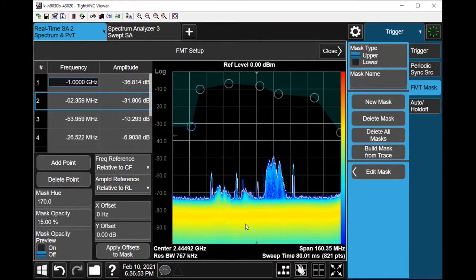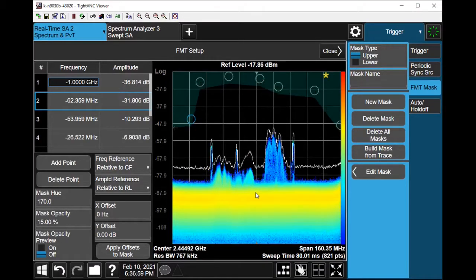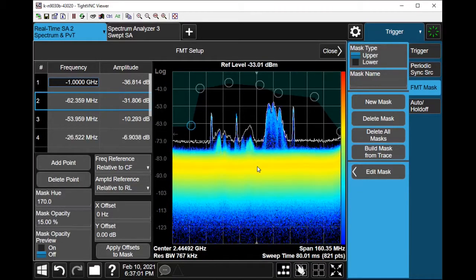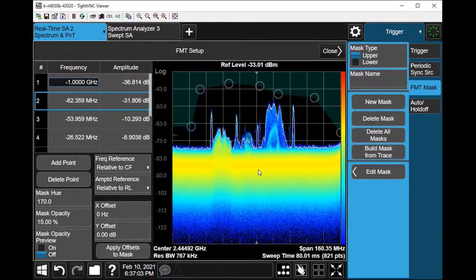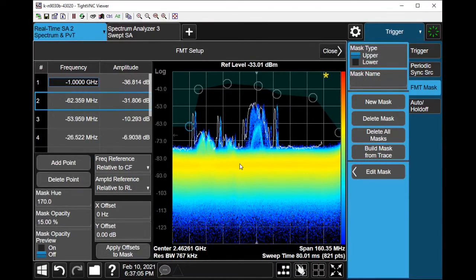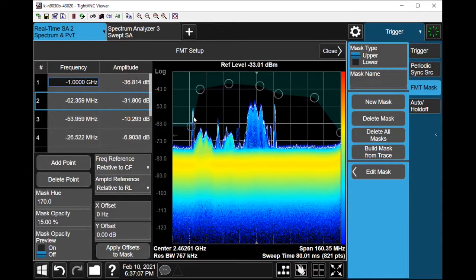And I have a reference here to what's currently seen with the free run. And I'm just going to drag the signal up. So you can drag it up or down, left or right. So I'm just going to try push this a little to the left. And if you can see here on the screen, this signal here should trigger when it hits the upper limit of the mask. So I'm just going to close that